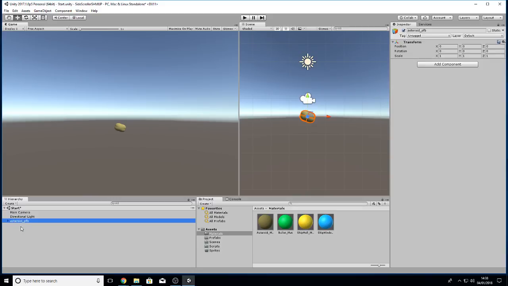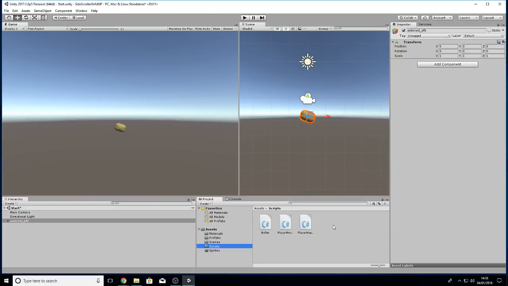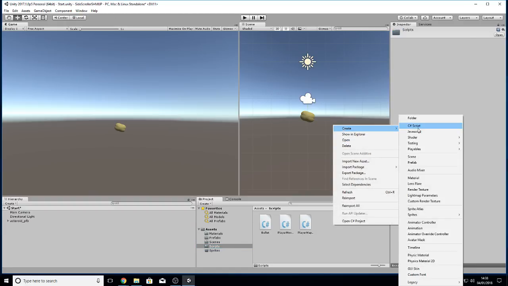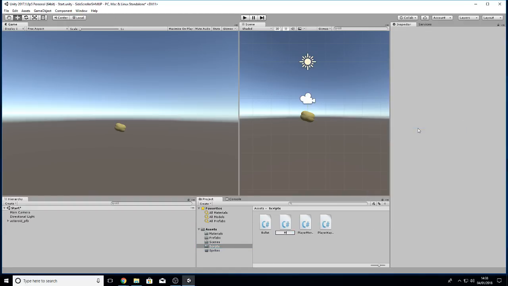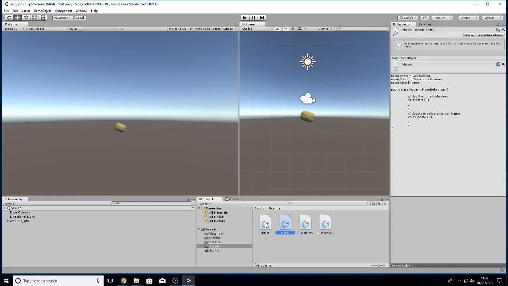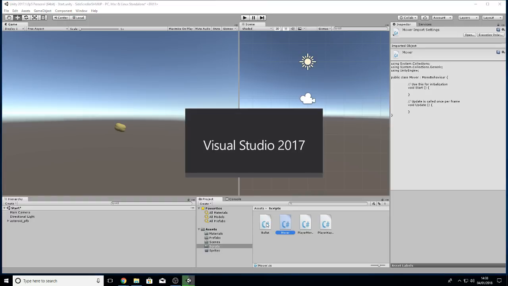So now we have an asteroid prefab. I want to add, actually hang on a minute, no, I want to make a script first. What script do I want? I'm just going to say mover, a thing that moves the thing. I could actually have done that and then done the bullet and extended on mover or something, I don't know. But basically it's going to be quite close to the movement of the bullet. So if I open up the bullet script,